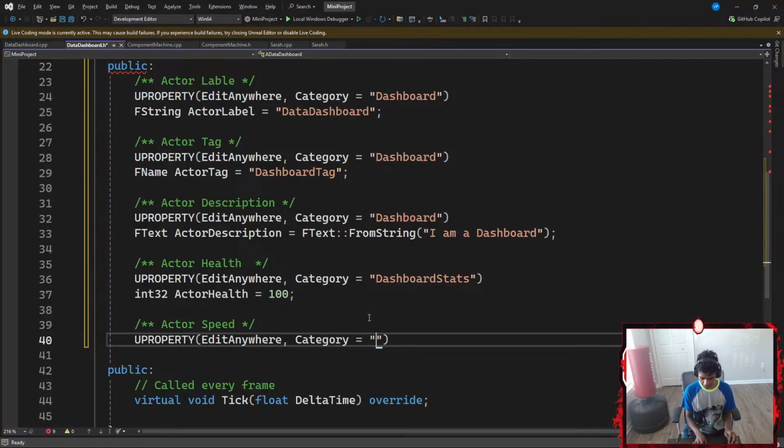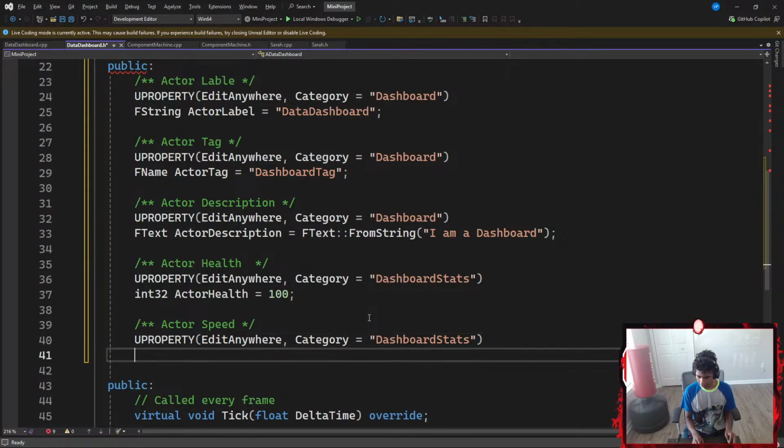I want to organize it in a category called dashboard stats. And then lastly, I'm going to create a floating point variable called actor speed, which is going to be equal to 350.5f, ending with a semicolon.